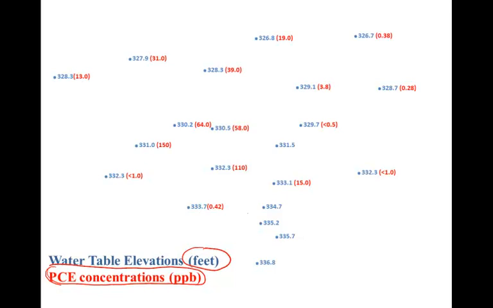We'd like to know where the contamination is, map out where that contamination is, make predictions about where that contamination is moving, where we're going to see concentrations in excess of the EPA standard based on the direction the groundwater flow is taking it. The first step is to contour the water table elevations.